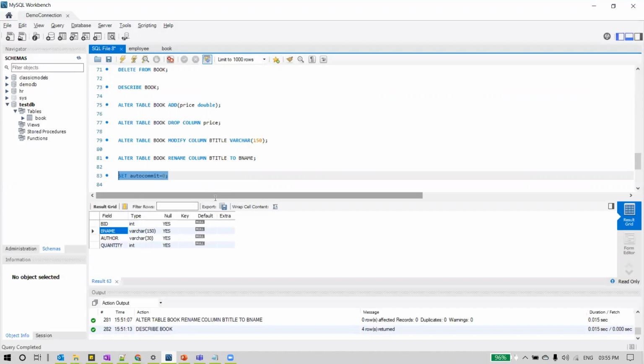In some cases, you want to execute a number of queries, say 8 to 10 queries as part of one transaction.